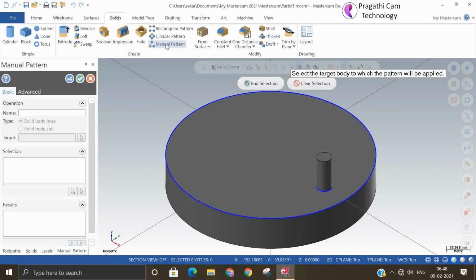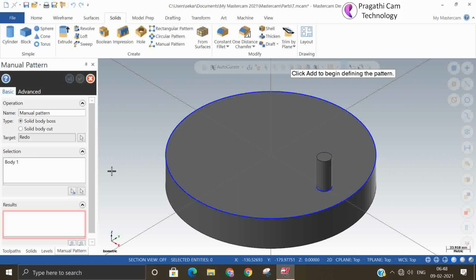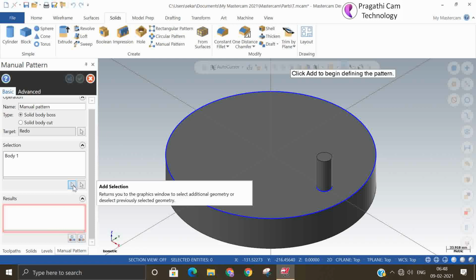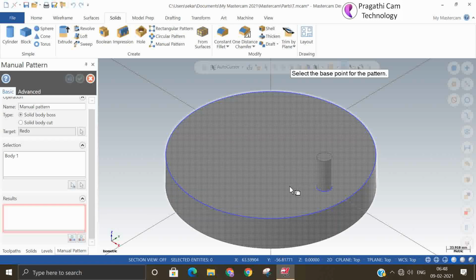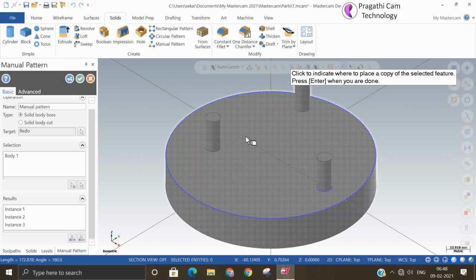So base feature I selected, and this is the instance feature. So result you can give here, add. So just pick it from where to where you want to add.